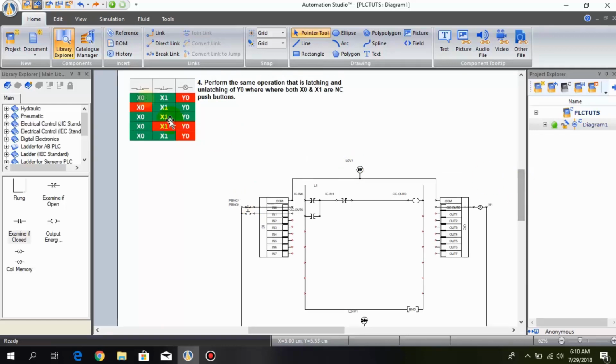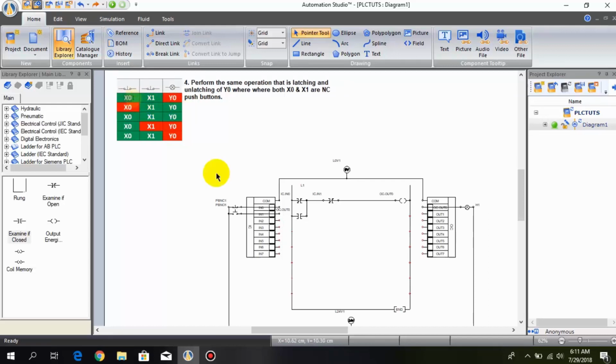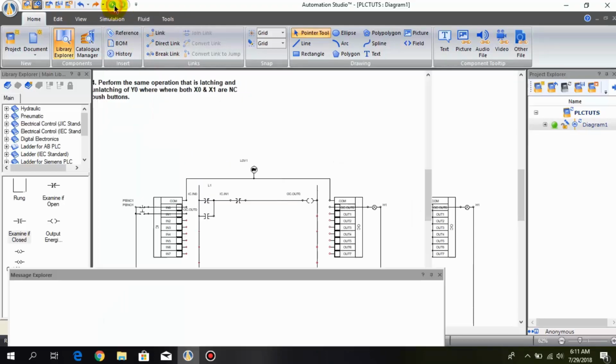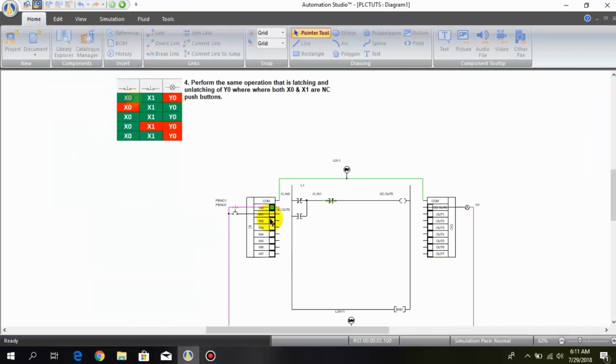So as you can see, the first contact is in the true condition and the second contact is also in the true condition, whereas Y0 is in the false condition. So okay, let's simulate it. I want to show only one thing, that this is an NC push button and it allows the signal when we press it, and this contact is in the false condition, and when we press the second switch, it will break the signal, not pass the signal. So